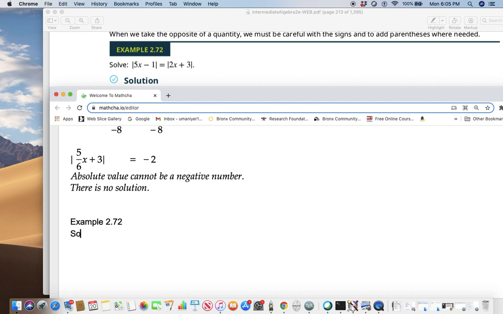The question is to solve absolute value of 5x minus 1 equals absolute value of 2x plus 3. So this is the question you want to solve. Okay. So notice